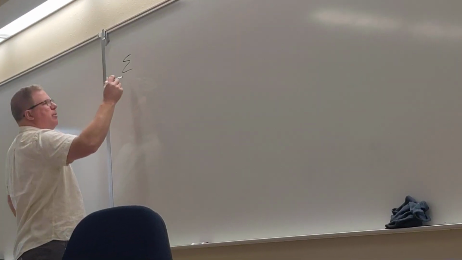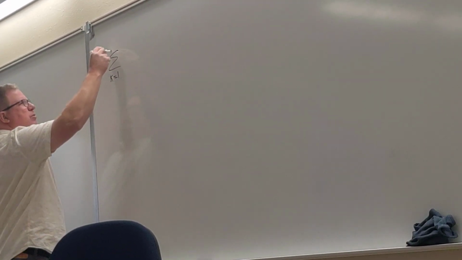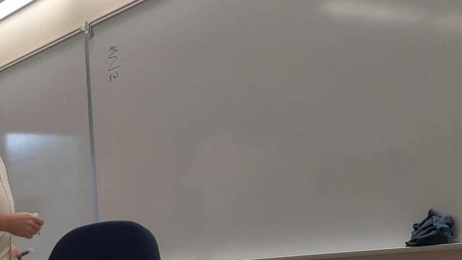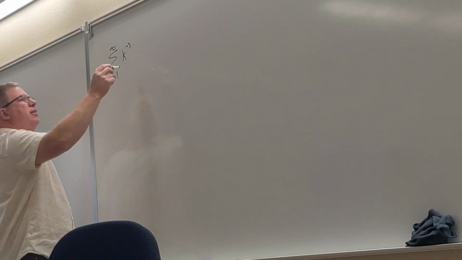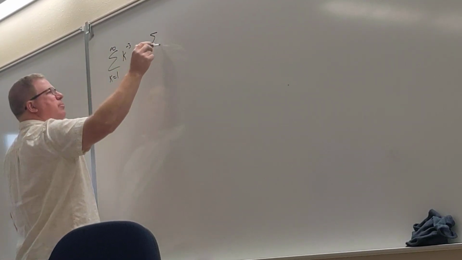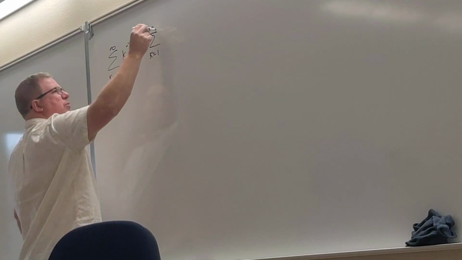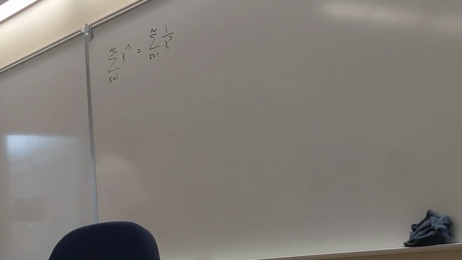If we have a sum as k goes from 1 to infinity of k to the negative 3 power, well, that is equivalent to the sum as k goes from 1 to infinity of 1 over k to the third, right? So,